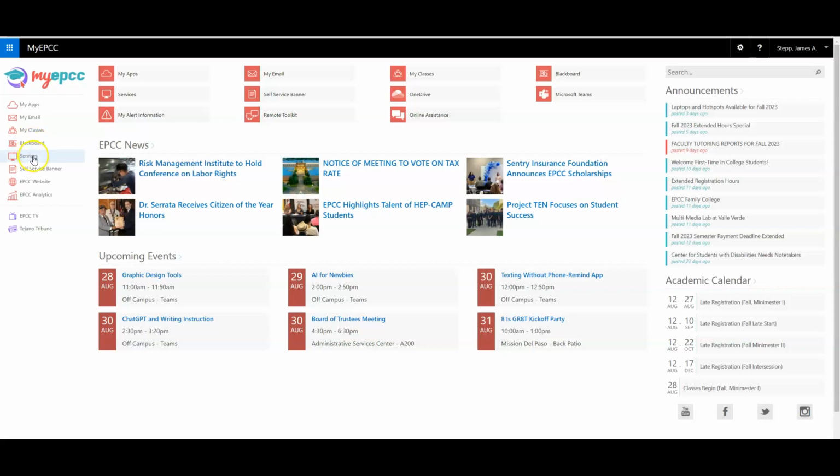Okay, so with that being said, we're on My EPCC. This is where you will find most tools that will be useful to you. So I'm not going to go through everything, but I do want to talk about My Apps. So if you click on My Apps on the left-hand side here,